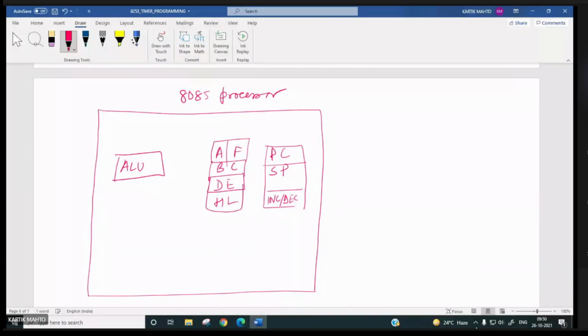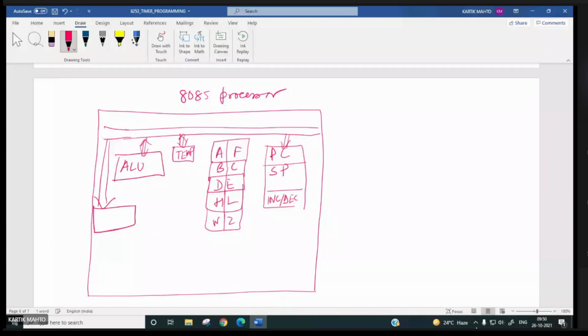All are connected with the ALU and, of course, the temporary registers. Temporary registers are there. WZ is also there. One very important register we know is the instruction register.